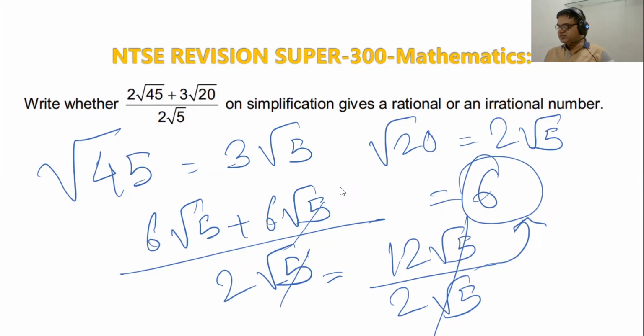So 6 root 5 plus 6 root 5 will be 12 root 5, and divided by 2 root 5. So root 5 will get cancelled. 12 divided by 2 is equal to 6. So I'm getting 6, but